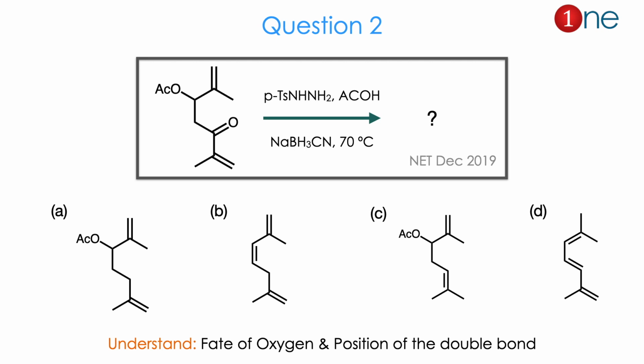The products mostly differ in what happened to the ketone. The ketone is removed or reduced, or the ketone becomes an alkene there, or a double bond or conjugation is created or not. So from the reactant to the product you might guess the fate of oxygen is important, and the position of the double bond is the real question here. The answer is C. Let us see how.